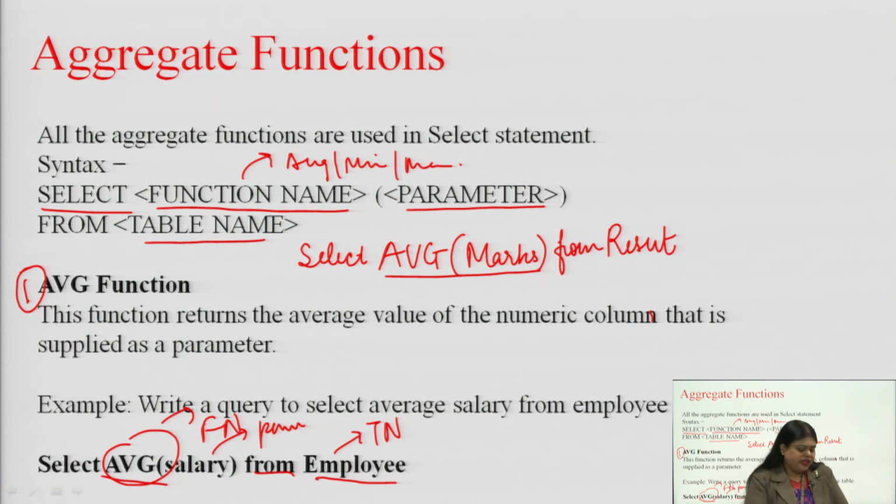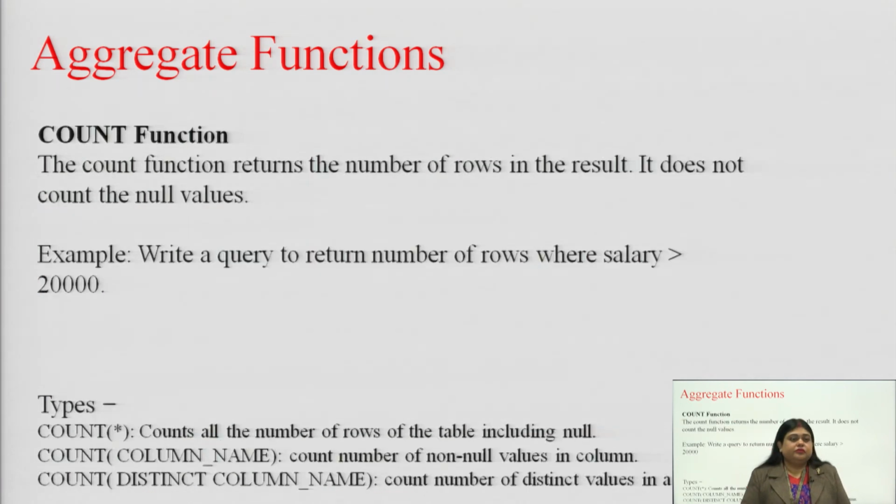Now, let us move to the next function. It is known as the count function. So, as the name says, count is used for finding the count, basically the number of tuples that we are having under a particular condition, right. So, if we need to find out the number of female students in a class, we can use the count on the gender of the student.